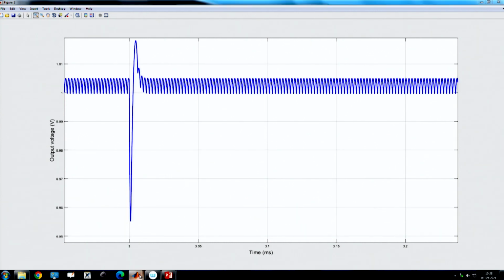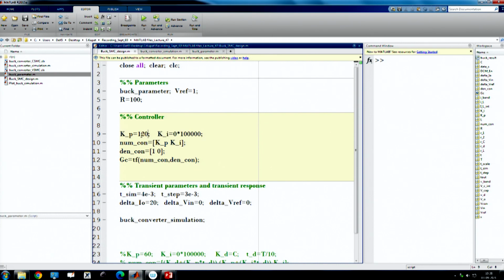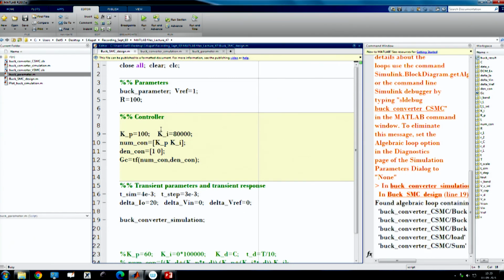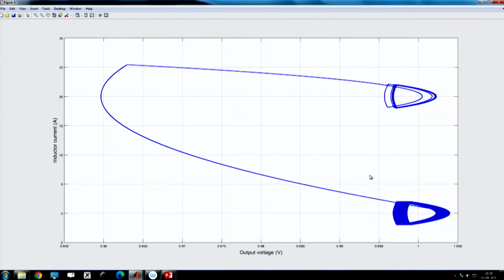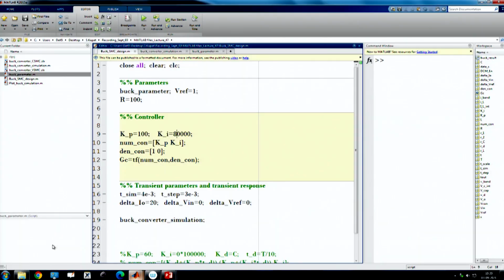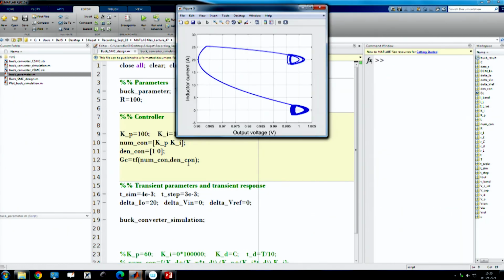So, that means we have not selected the slope properly. So, it is a slope selection. Now, if we make it close to 100 and initiate the integral action, let us have the integral action and then we see what happens. Because of integral action it is slowly coming to steady state, and if we increase the integral action, we are getting close to steady state action.